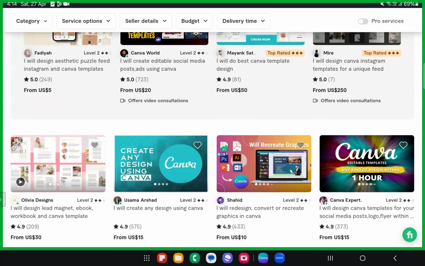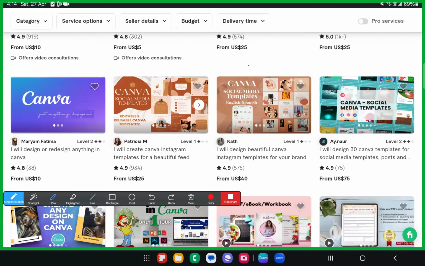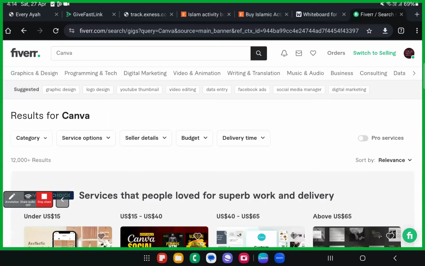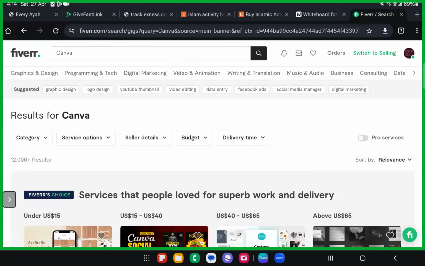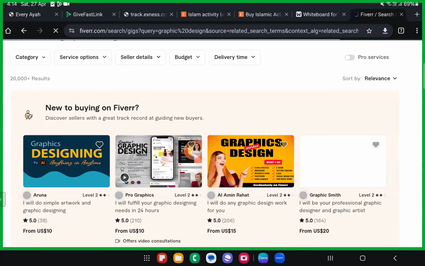See here, I can design anything with Canva, and someone states that I will design or redesign anything on Canva. I can make any of the templates. You can just select one of the gigs. For example, you are good at logo making, you can just write I can design any logos with Canva. I just searched for Canva and it's showing me this much. Some of the designers do not mention which software they're using and they actually use Canva here. You can just write graphic design and there you will see how many people are designing with Canva. Most of the designers design with Canva because it's very easy to use with smartphones